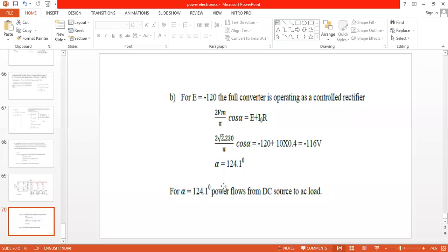And please check, all of you, whether you are getting alpha greater than 90 or not. We have to check. Check this value, 124.1. Are you getting it or not, at least 124? If it is done, it's okay. These concepts are sufficient to solve any problem in the examination. Now I'll show you the question paper also. One problem we will do. Is it clear? Alpha you are getting, all of you? Can any student confirm the value should be greater than 90?